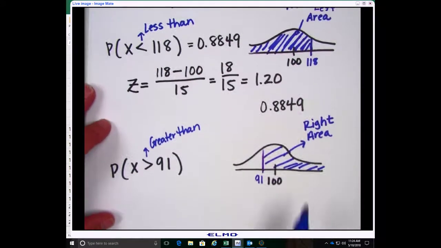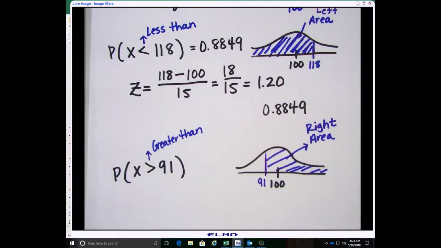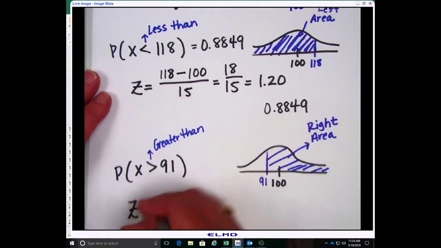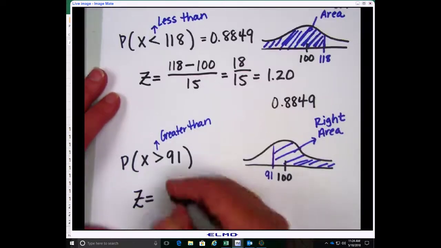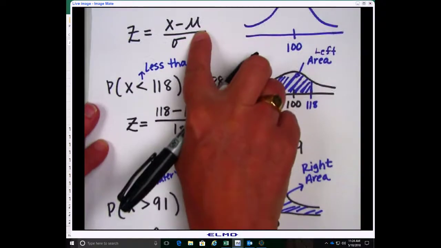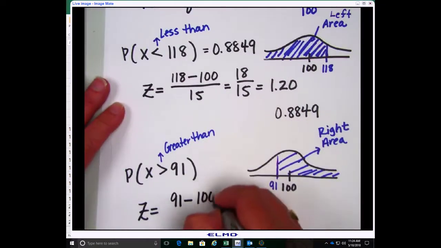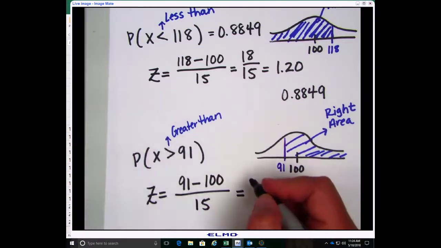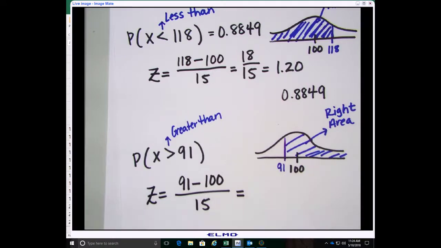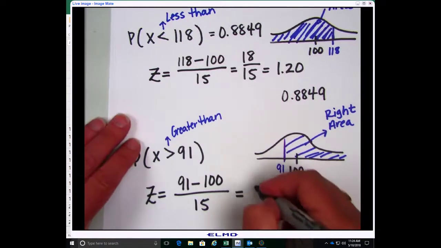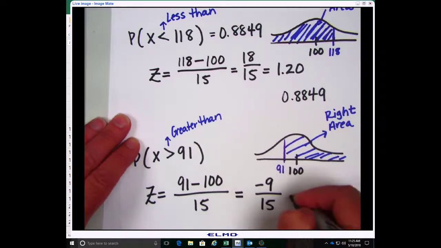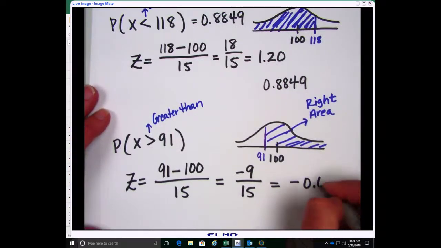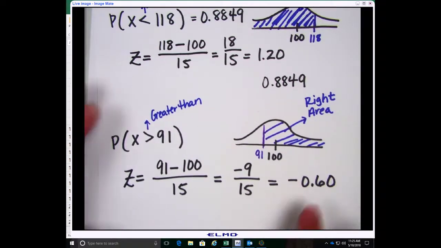We're going to go through the same steps as we did up here, but we have one additional step to do at the end. So what was our first step? Calculate your z-value. X, 91, minus my mean, which was given to me as 100, divided by my standard deviation, 15. I'm going to get 91 minus 100, and if you punch that into your calculator correctly, you'll get -9/15. Keep the negative. Let me repeat that. Keep the negative. Okay, so this is -0.60.